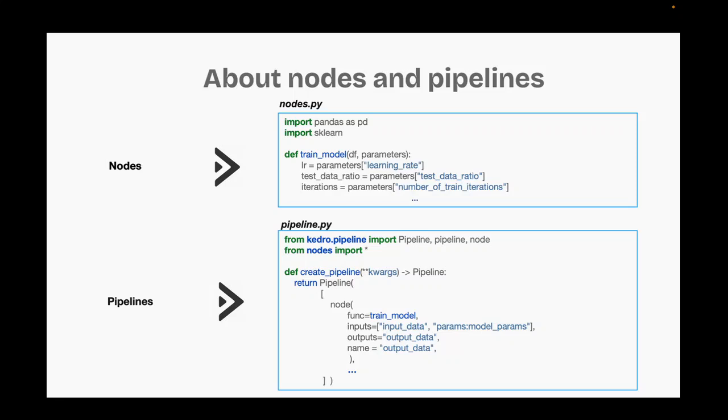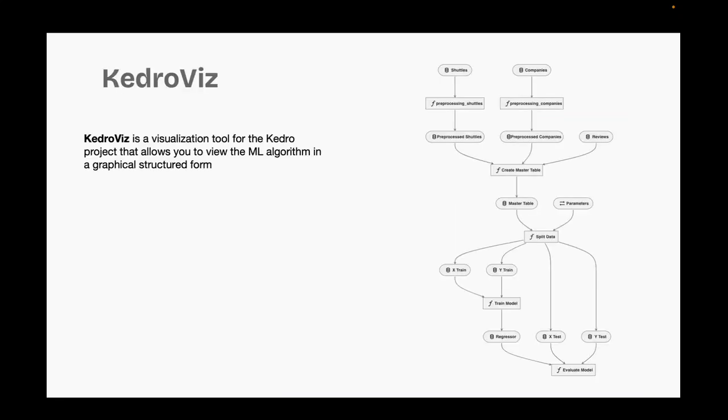I would like to draw your attention to the following Kedro extensions, which are must-haves, of course. The first one is Kedro Viz. It's a powerful visualization feature within Kedro. It provides a structured graphical representation of the ML pipeline, making it easier to understand and analyze. But it's more than just a static diagram. It's a fully interactive experience. In a moment, I'll demonstrate its capabilities as we walk through a practical sample.